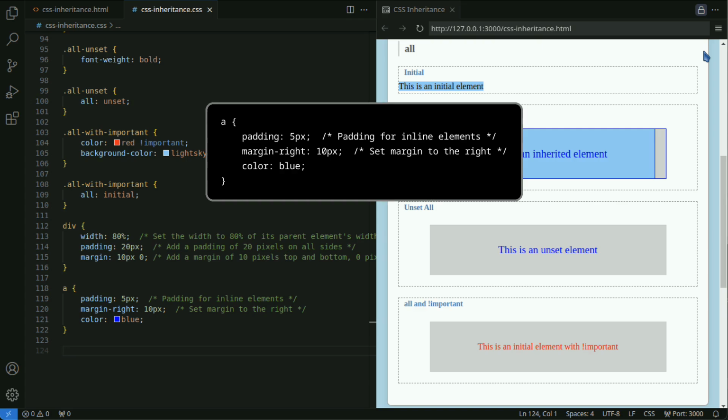Inline elements are displayed on the same line alongside other inline elements. Therefore, width and height cannot be set directly. Furthermore, setting margins and padding for top and bottom has limited effect. Margins and padding for left and right are effective.